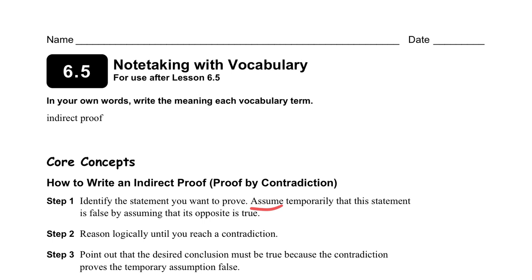And then step two is we are going to reason logically until we reach a contradiction. And then step three is we're going to point out that the desired conclusion must be true because the contradiction proves that our temporary assumption is false. But before we get into that, I'm just going to go in order with the student journal, as always,